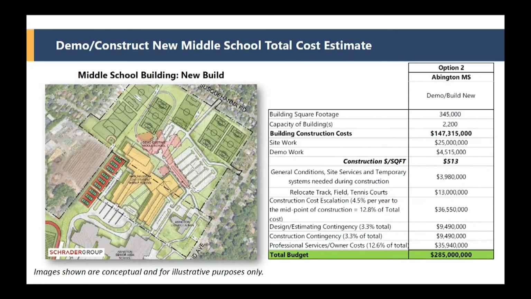Yeah, to get to a presentable schematic that's reflective of what you would build, it would be $2 to $3 million easily. And that would depend on how far you want to bring that design before you show it to the public, because as you evolve it, it is going to change a little bit. If you do too little and it looks one way, and then you show everybody and it ends up looking differently for a variety of reasons. I mean, you also are working through a land development process. They might force some changes that we're not aware of yet. So the building configuration could change a little bit as you work your way through that.